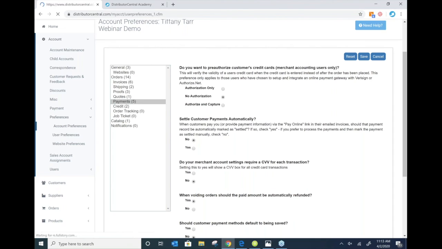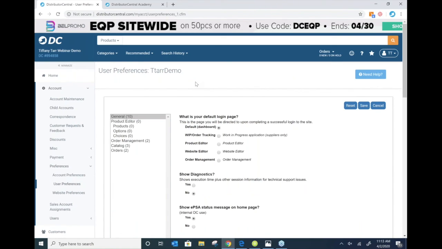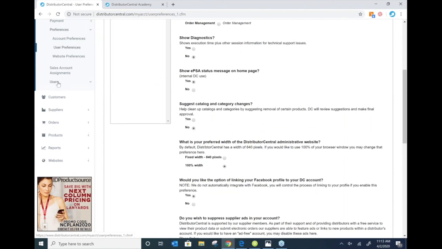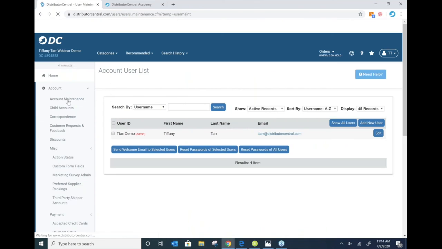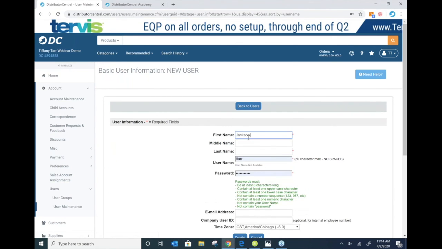Also, user preferences. You can make a decision on each one of your users on what levels of access they actually have from DistributorCentral. So maybe you've got some internal sales reps that you only want to be able to search for products, or you only want them to be able to perform certain functions. Under your users and then user maintenance, here is where you can create additional users for your company. You can create as many users as you want, and as you add a new user, or a new sales rep or someone who processes your orders, all you have to do is give them